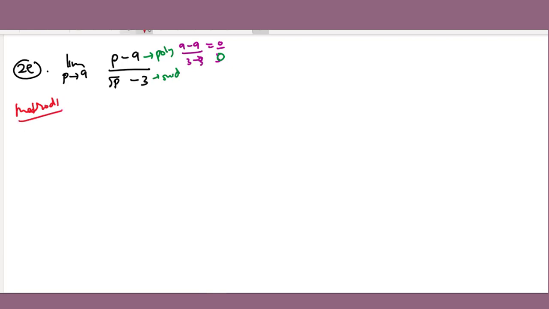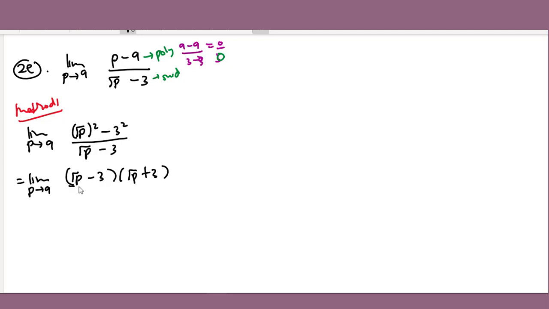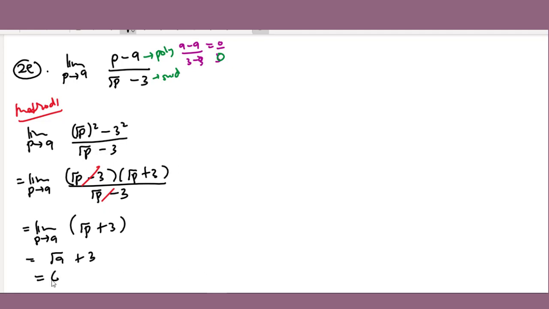Method 1. Okay, to factorize p, and this one 9. P approaches 9. So here square root of p squared minus 3 squared over square root of p minus 3. Then factorize: root p minus 3 root p plus 3 over root p minus 3. So can be cancelled. Then this one, just get the function, p approaches 9 root p plus 3 in bracket. Then substitute, 3 plus 3 is equal to 6. Okay, and the second method,